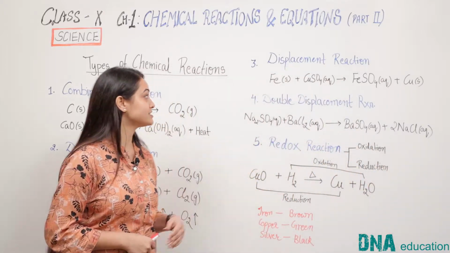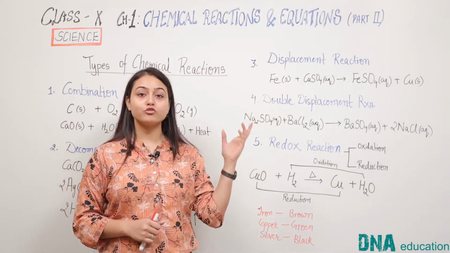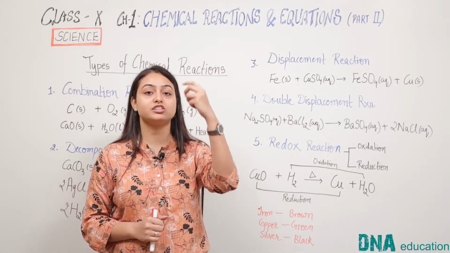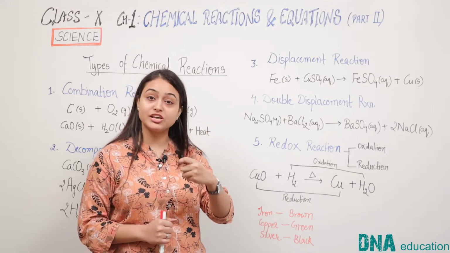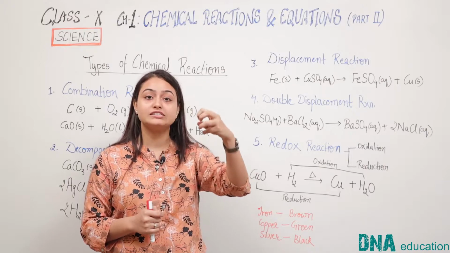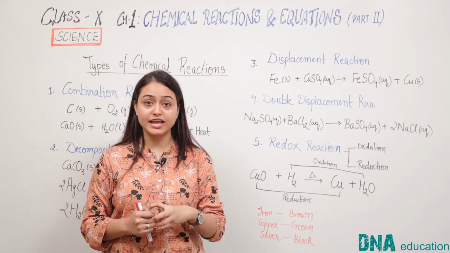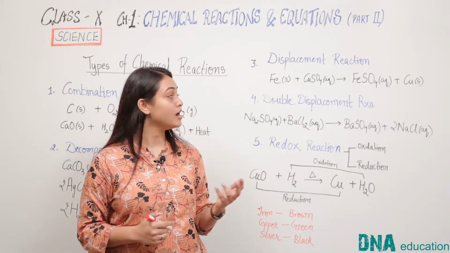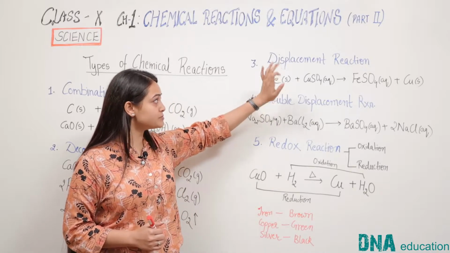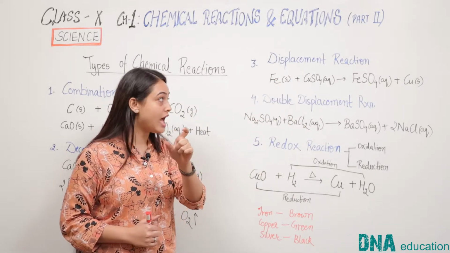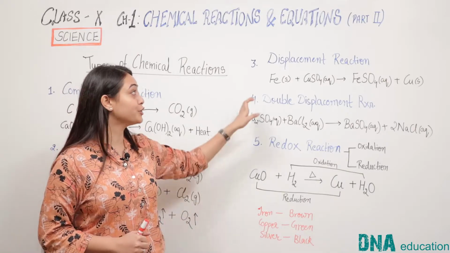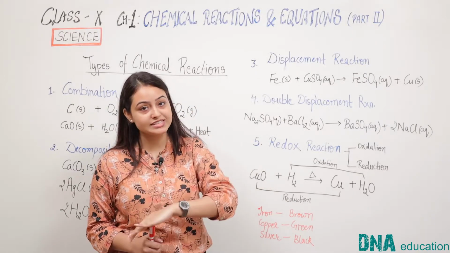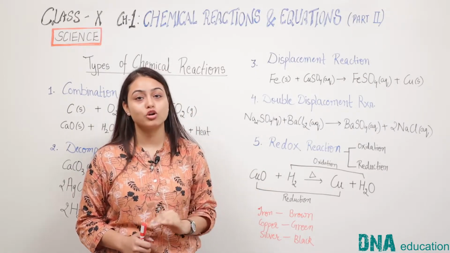Now let's come to the next heading, the displacement reaction. Before moving on to this heading, I will tell you that the elements we have in chemistry are arranged in a series. This is a series in which elements are arranged in the order of their increasing or decreasing reactivity. Means one element is more reactive than the other and can be less reactive than some other element. On the basis of this, displacement reactions have a peculiar definition, and the definition states that during a displacement reaction, a more reactive metal displaces a less reactive metal from its salt solution.